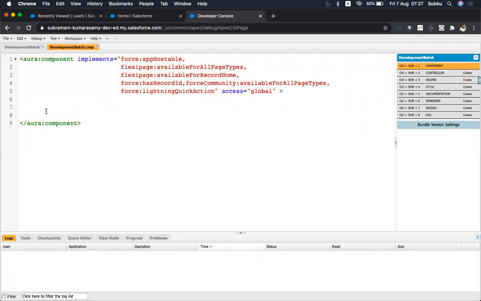We will see what Lightning components are available. There are predefined Lightning components available. You don't need to use the HTML tag, but still you can use the HTML tag inside this component. Okay, so let's use a div tag.